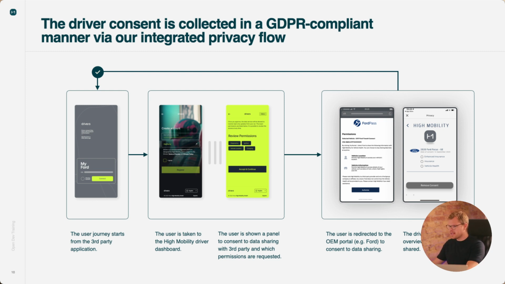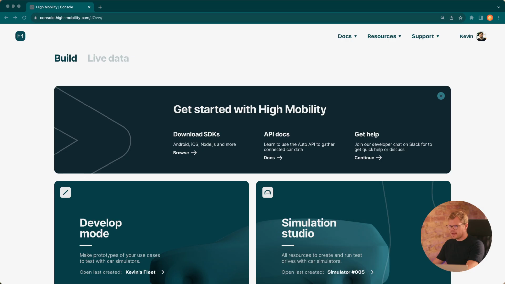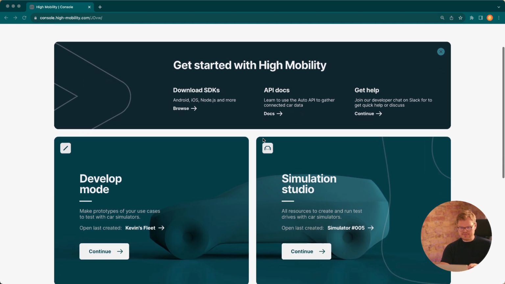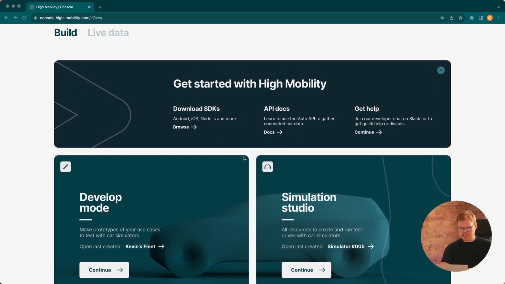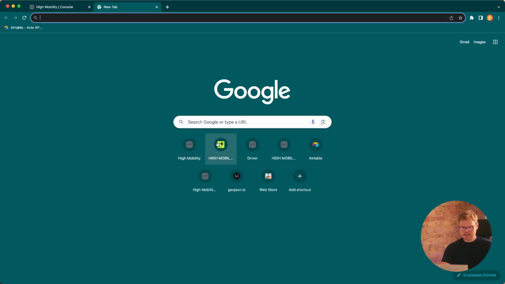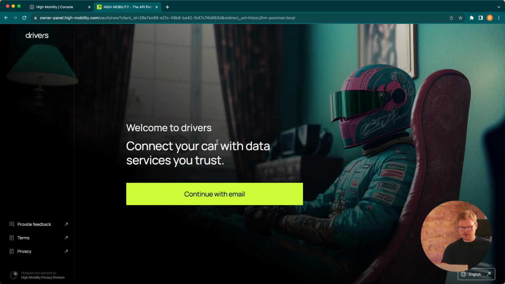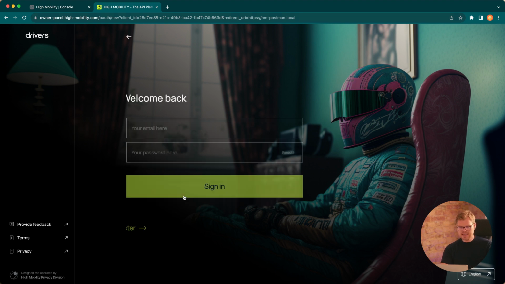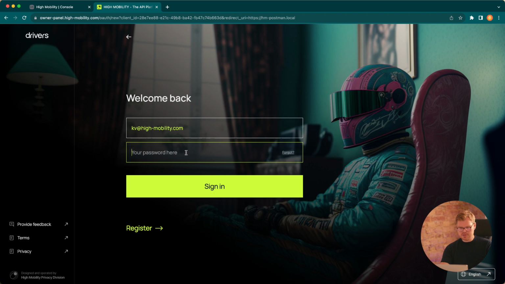Now I can also show a quick demo of how this looks. We go into our platform. In our platform, we have different OpenDev training sessions showing you how you set up your data containers, how you get the credentials, and how you get the consent link. But for now, I will just show the consent flow itself. Here I already have our consent link set up for demo purposes. In this specific scenario, we go first into the High Mobility Driver portal, and I would sign in here with my driver account